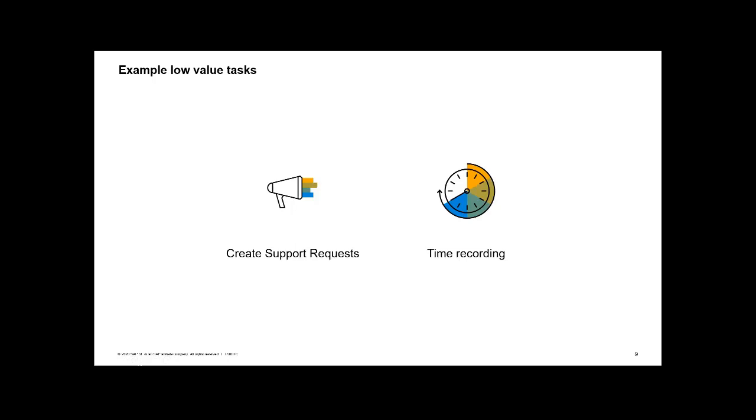For example, you have a problem with your computer and the computer isn't turning on. You can create a support ticket with a chatbot. In the old-fashioned way, you have to find the right user interface and click through all the UI screens and type all the information in and so on. But in the future, it could be possible that you write a message to the chatbot, okay, please create a ticket for my computer XY, it doesn't work anymore. And then the chatbot can create this support ticket based on one single message.